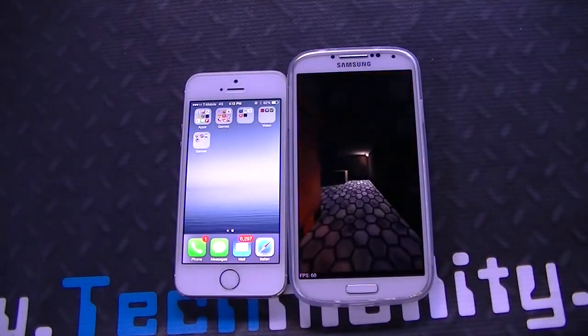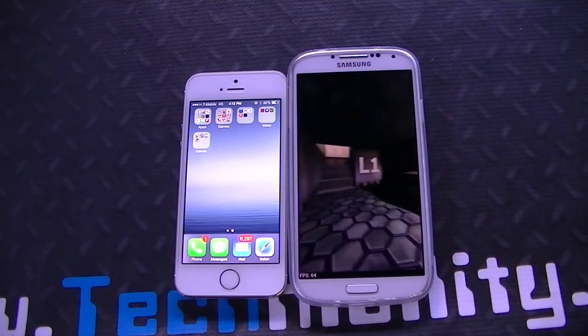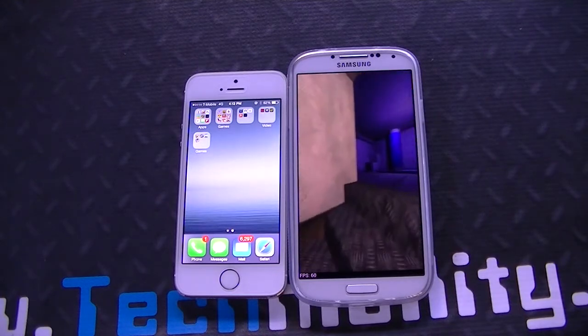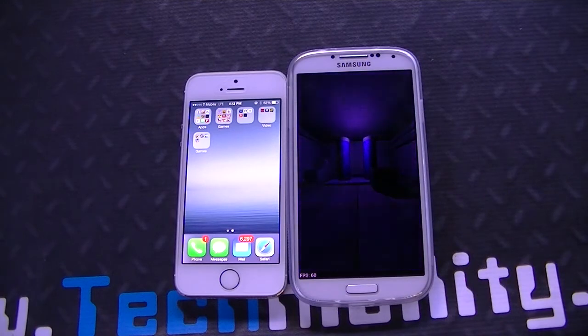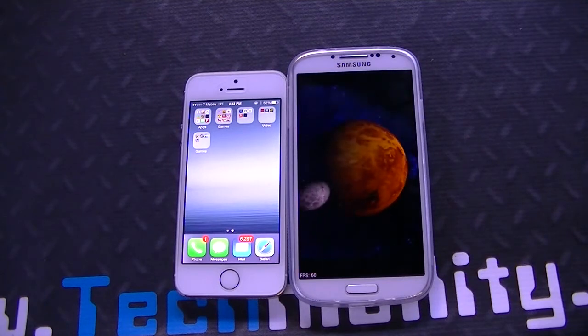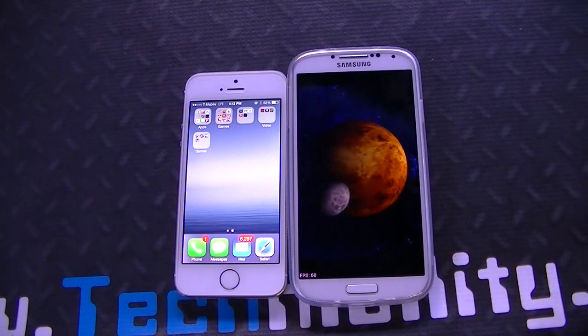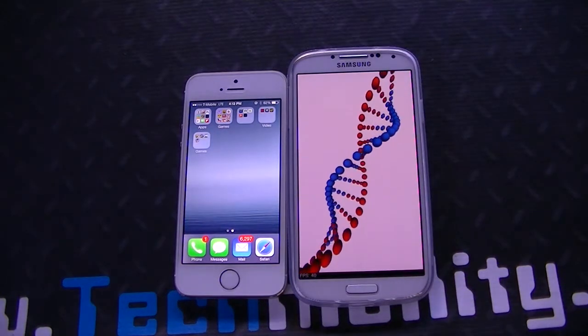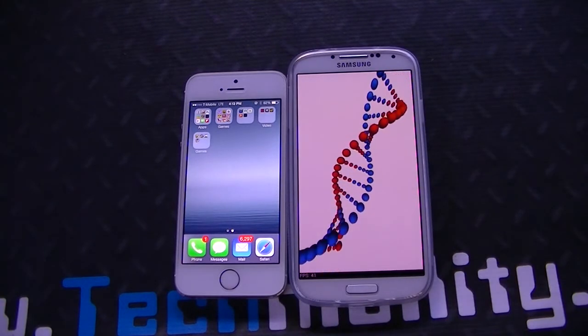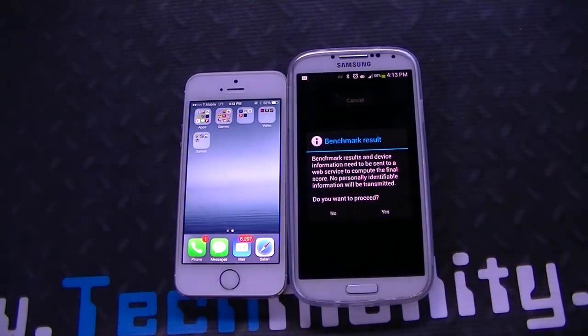I hope we've been as comprehensive and detailed as we possibly can be. Again, we want to just get straight to the point, straight to the features. We don't want to beat around the bush. I hope we were able to do that. And again, if you're the owner of either of these devices, honestly, you should be happy. There's really no reason why you shouldn't be. If there's anything you're not happy about in particular to either or, you always have the option to switch and rest assured knowing that really you're not going to miss out on much with either or, because they're both very similar despite the fact that they're very different at the same time in terms of apps, third-party apps and whatnot.